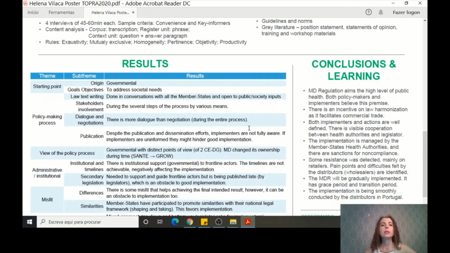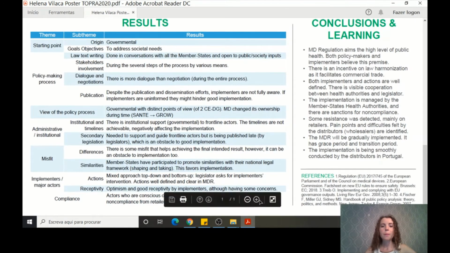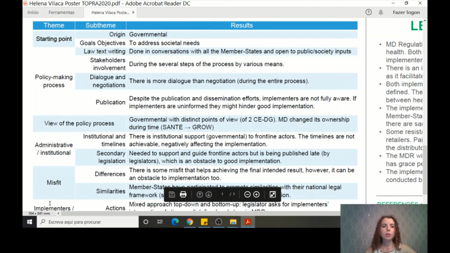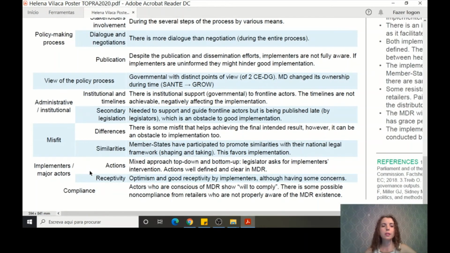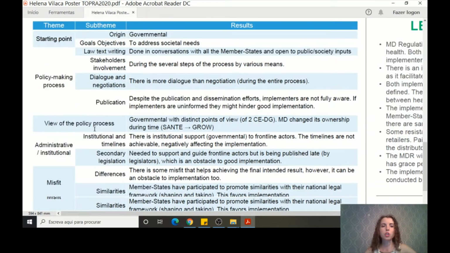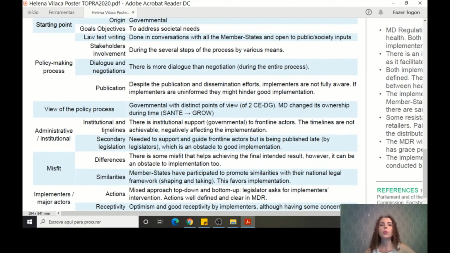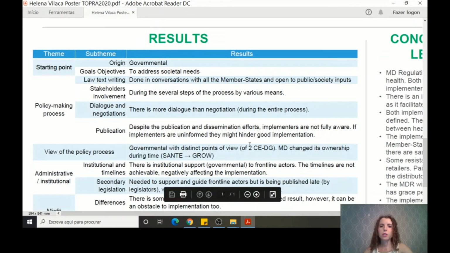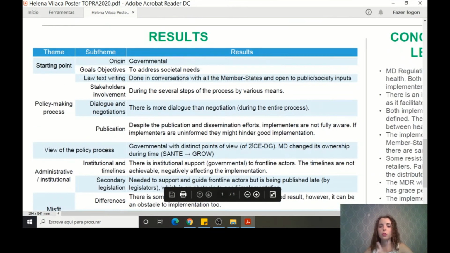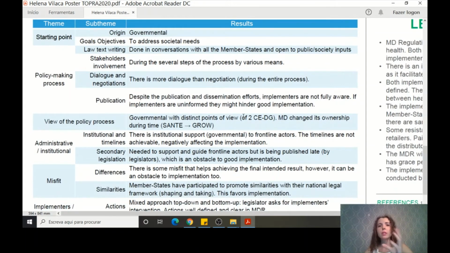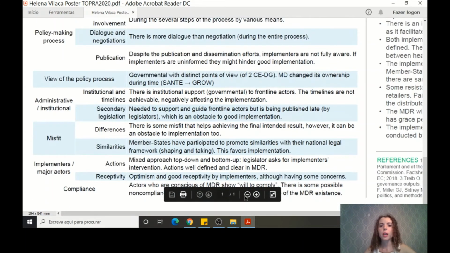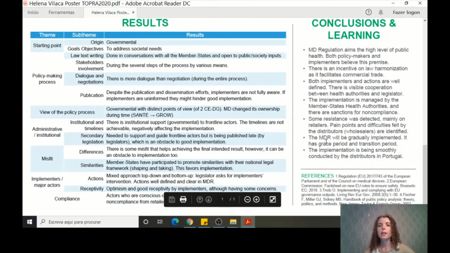My results can be summarized in this table over here. On the left we have the analysis grid that was based on the literature review regarding implementation analysis. These are generally the themes and subthemes, or titles and subtitles, that are seen when analyzing the implementation of a policy. On this side of the table, the results correspond to both the documents and the interviews. And taking all these results into account, we can draw some conclusions and learnings, such as that the